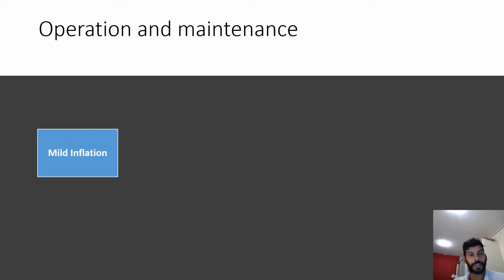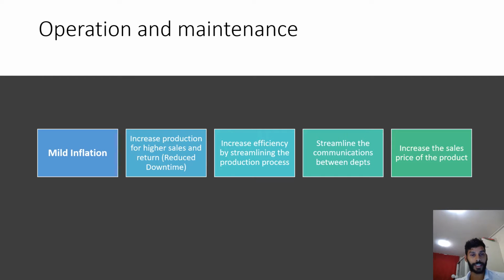Operation and maintenance will be divided into mild inflation and hyperinflation. For mild inflation, we can see an increase in production for higher sales to balance the slight increase in inventory and production. Another way of helping to counter mild inflation is increasing the efficiency by streamlining the production process,